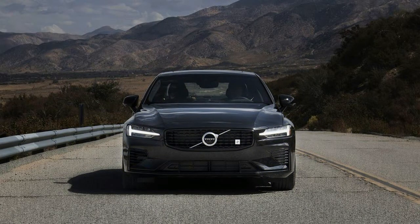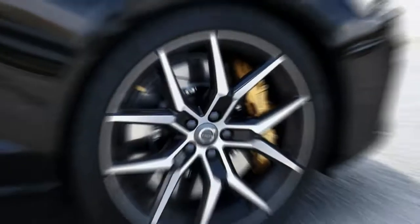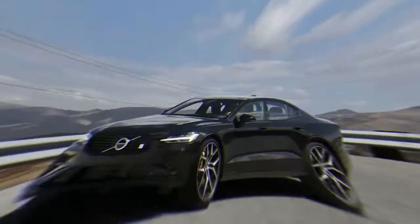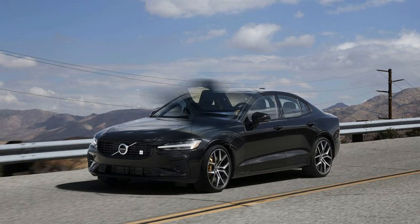Not that it truly matters for you, old buddy, since every one of the 20 US-bound S60 Polestar engineered vehicles are as of now represented. Be that as it may, Volvo guarantees me this treatment will advance toward different models not long from now. Rather, you'll have the capacity to pick from Momentum, our design and inscription trims, beginning at